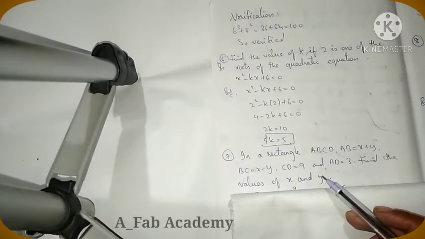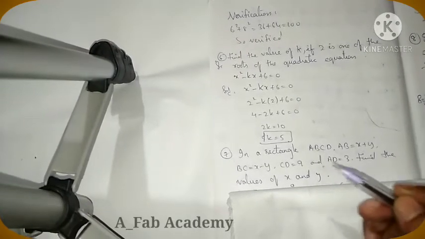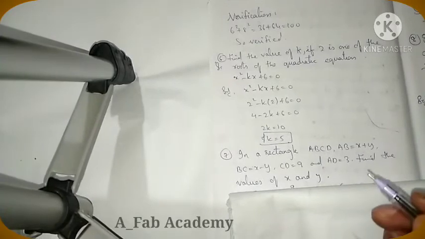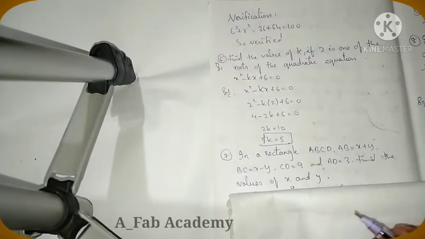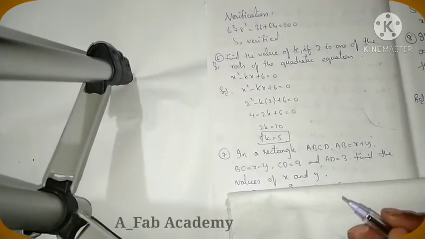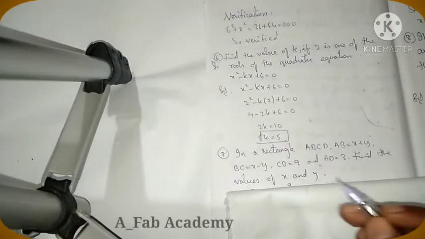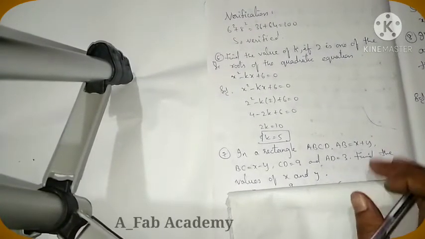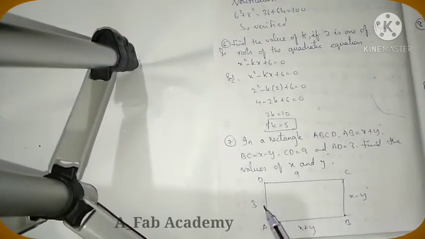First think over it, and then I'm going to show you the solution, because first you need to see the question and understand the question, then try to solve the problem. Okay, in the beginning I gave you the hint that in a rectangle opposite sides are equal. So like this you can draw the rectangle and here opposite sides are equal.